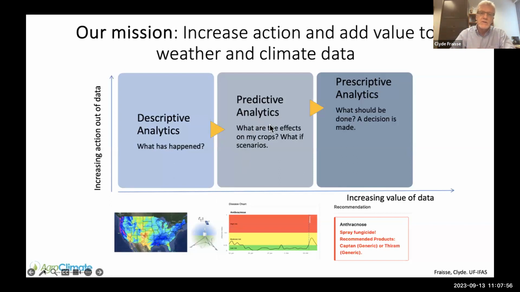We want to move to the second phase, which is the predictive analytics, and where we can actually run models. We can simulate effects of this observed weather on our crops, or even if we have some forecast, we can simulate what's going to happen next. But also, modeling is very important because it allows us to do the what-if scenarios. What if it doesn't rain next week? What if we have a high humidity or temperature threshold, a temperature in a different range? What does that mean to the crop